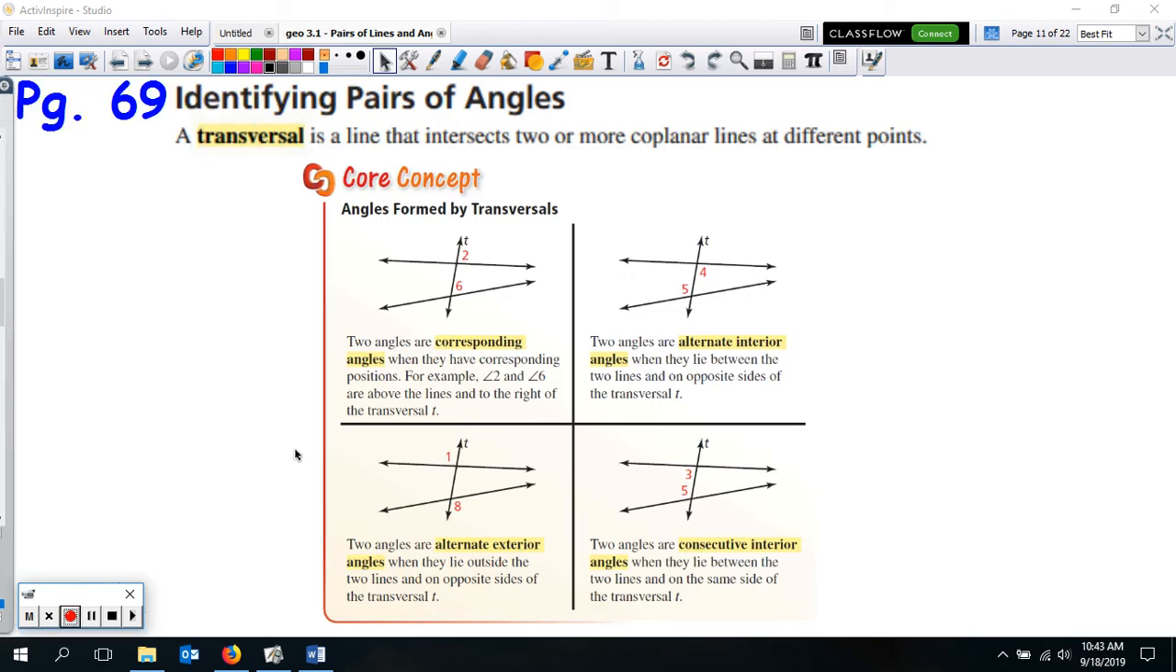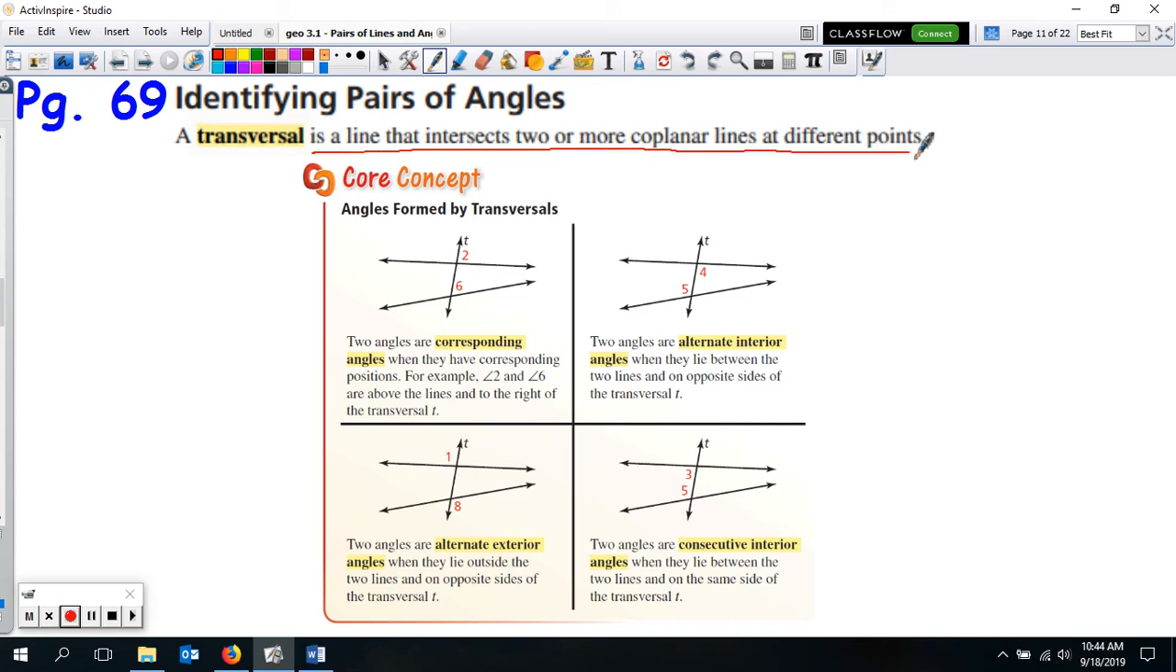Okay, so also on page 69 we see this core concept, angles formed by transversals. Transversal is one of the vocabulary words, and you want to write that one down. Actually, it's on page 67. So on page 67 where it says transversal, because that's not actually in the core concepts, you need to copy it down over there where the vocabulary is listed for this section. And it says a transversal is a line that intersects two or more coplanar lines